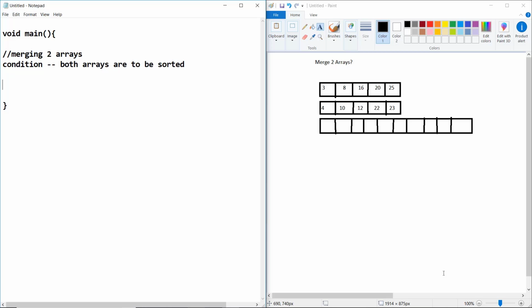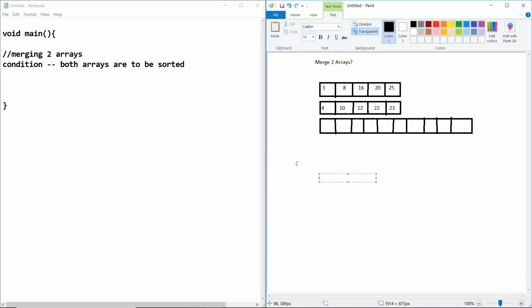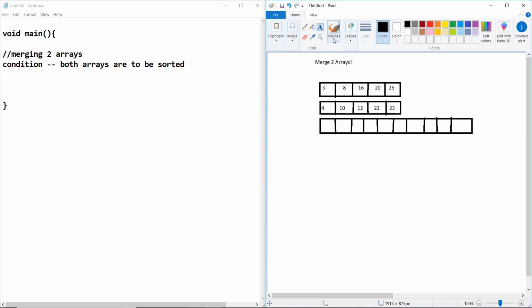Let's see how the algorithm works. It will create three pointers, one for each of the two arrays and one for the result array. It starts from the beginning and compares the two elements.